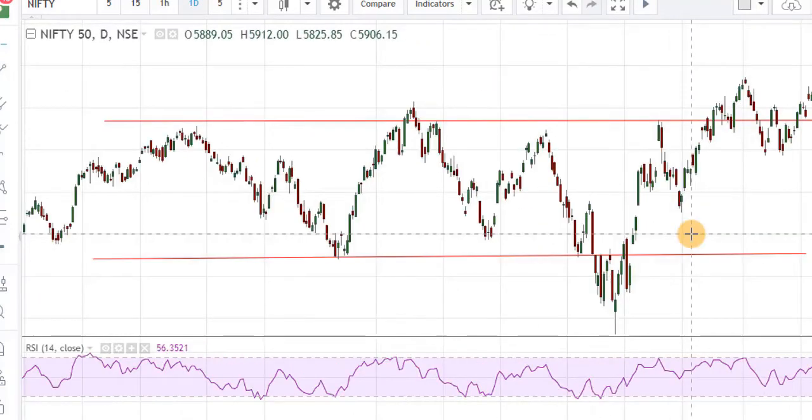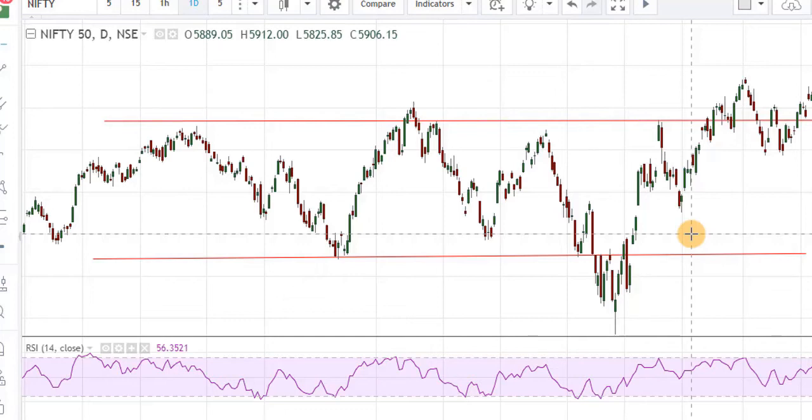In ranging market, when RSI crosses 70 or faces resistance near 70 or 60, we can sell. And when RSI crosses down 30 or takes support near 30 or 40, we can buy. But in trending markets, when RSI crosses above 70, it's like a car going into the fifth gear. The momentum at this time is strong and one side sharp up move can be seen. As long as RSI doesn't go below 70 and faces resistance of 70 again, we can keep long.